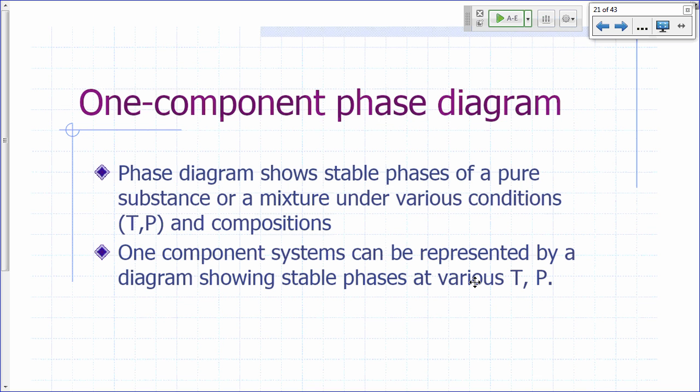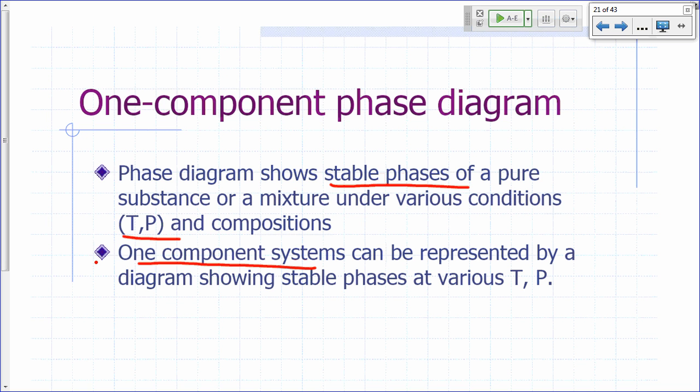Continuing on, let's continue our discussion of real gases, liquids, and solids. Let's talk about phase diagrams now. A phase diagram is a diagram that shows the stable phases of a pure substance or a mixture under various conditions and compositions. So for a one-component system, if we're just dealing with one pure substance, a phase diagram